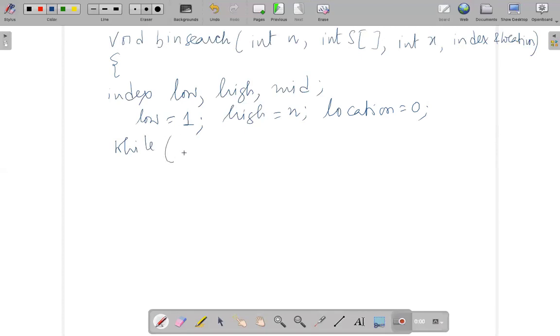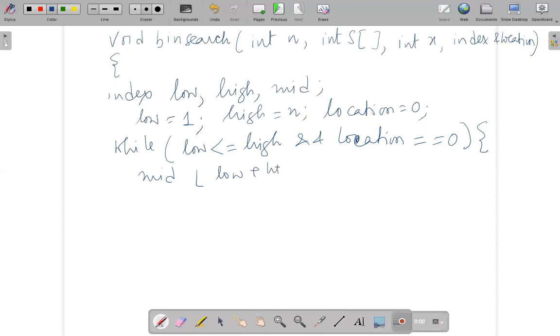While low is less than or equal to high and location is 0, you find mid, which is (low + high) divided by 2. If X